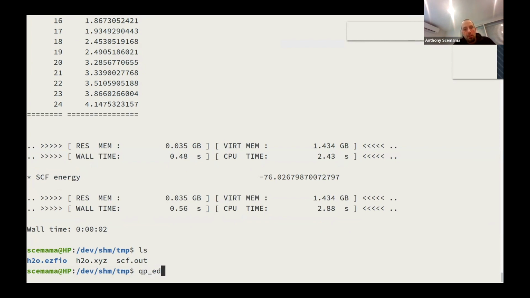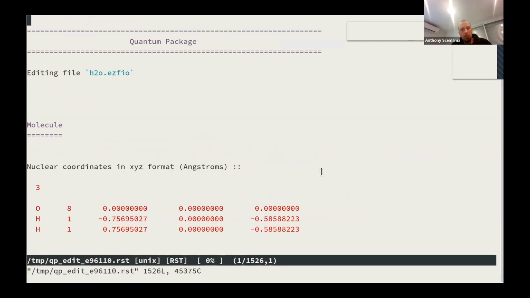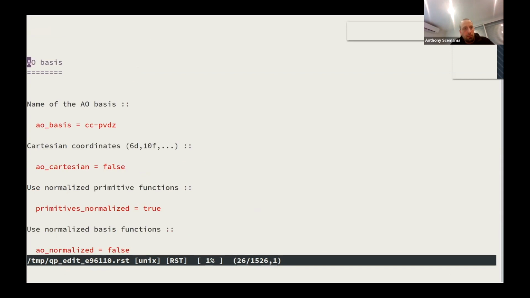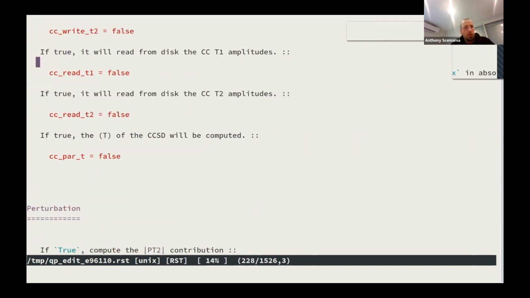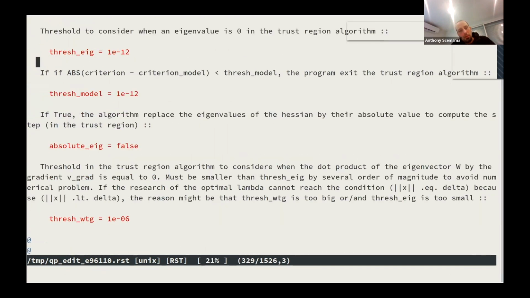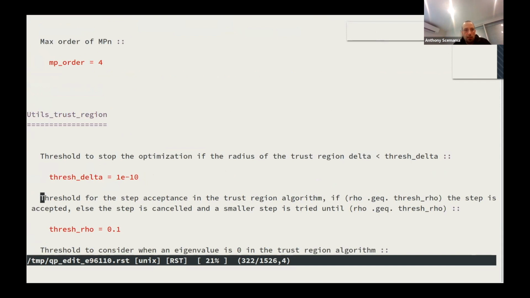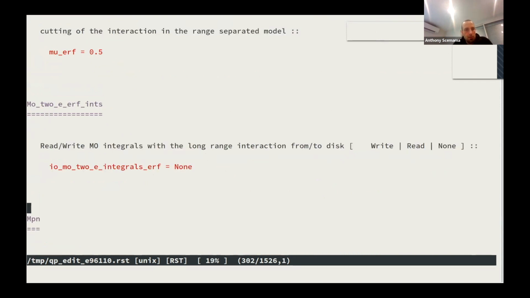You have this command qp edit h2.ezfio, and if you run this, it reads everything which is in the database and produces a temporary file like this. It opens your favorite editor with this file so that you can modify it interactively, and then when you save, it puts the values back inside the database. So it's just a convenient way to edit the parameters that you have.